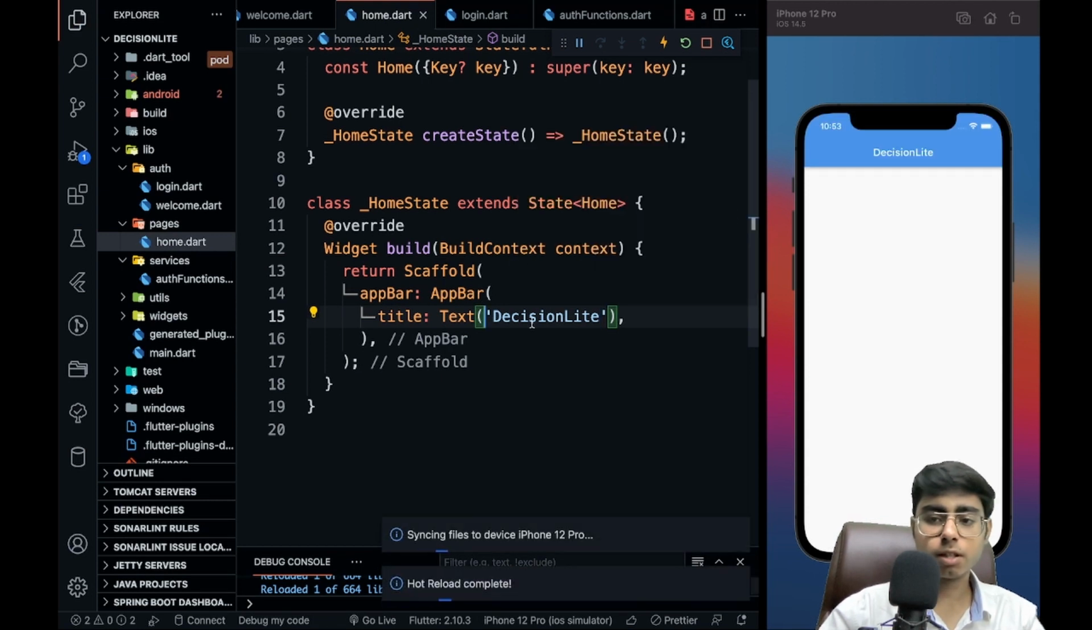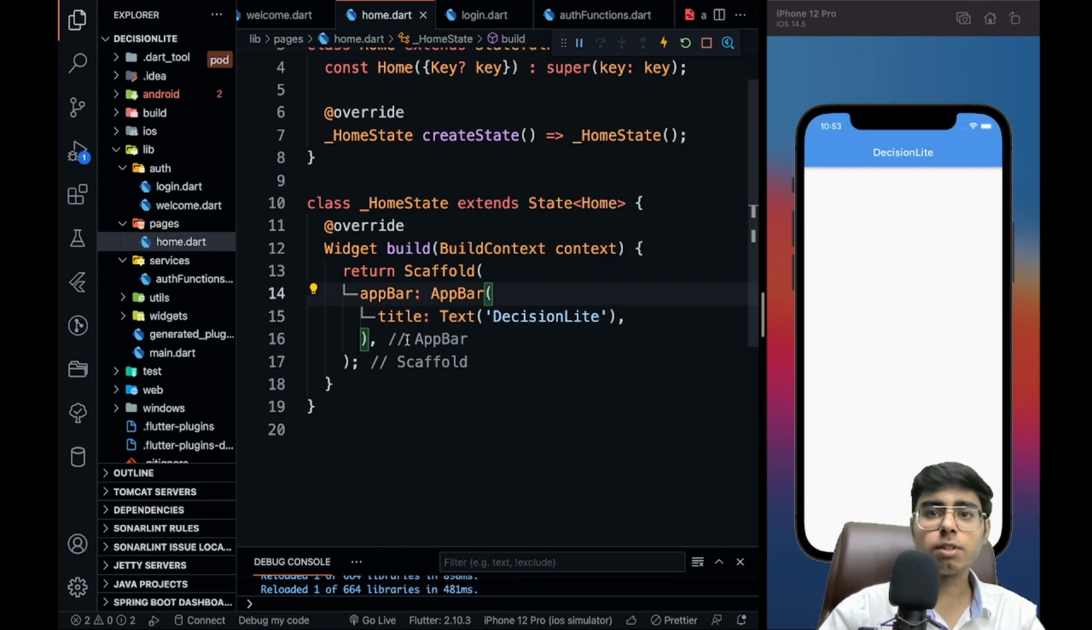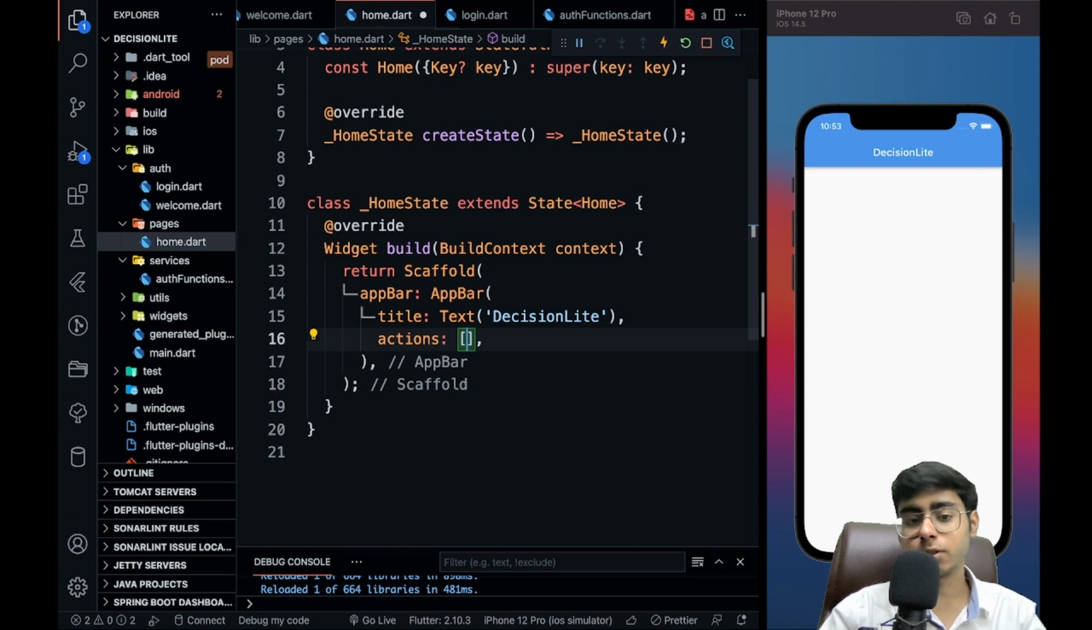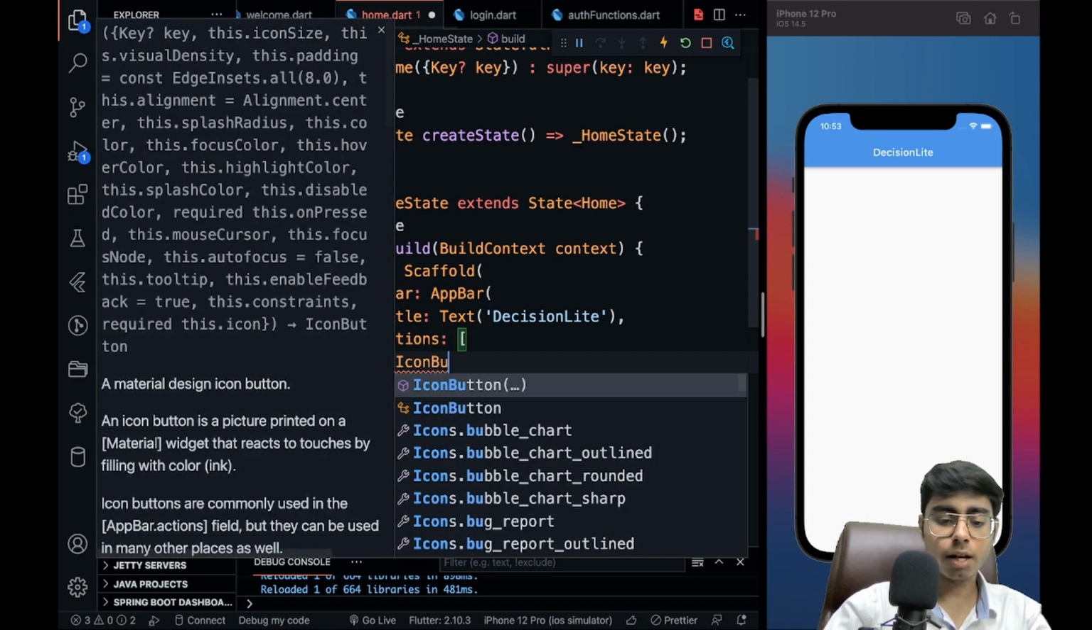Let me just save it. We got the app bar. After this title, let's give it an action to sign out, just in case we want to test the authentication part again. So I'm going to give it an icon button,